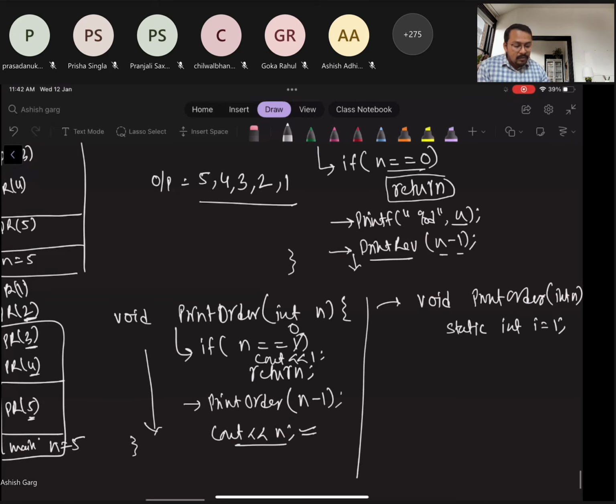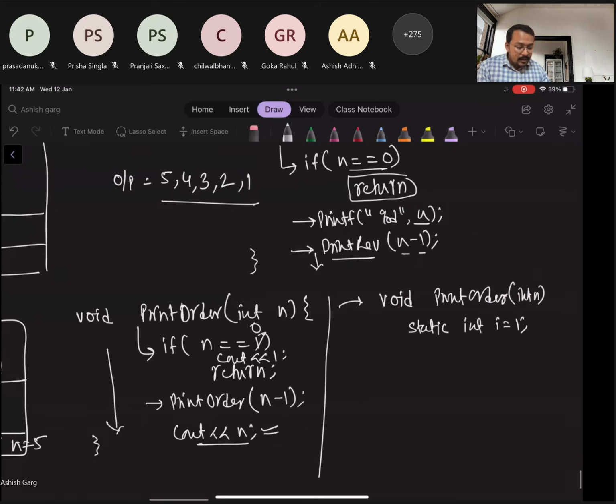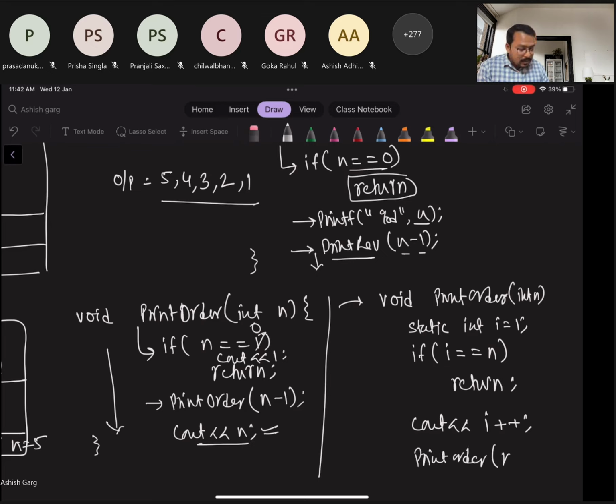So what we can do is, if i equal to n, then return, otherwise we print cout i, and here itself we can do i plus plus, and here we can write printOrder of n minus 1. This is how I think we can print.